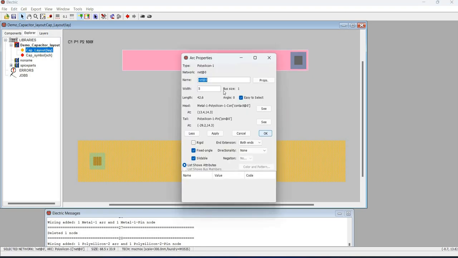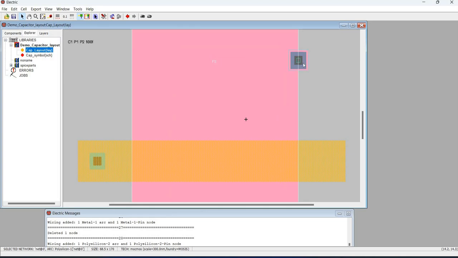Then you need to adjust the width. So for example, I'm going to use 170. Then select neither end so that your contact will remain on the other side.